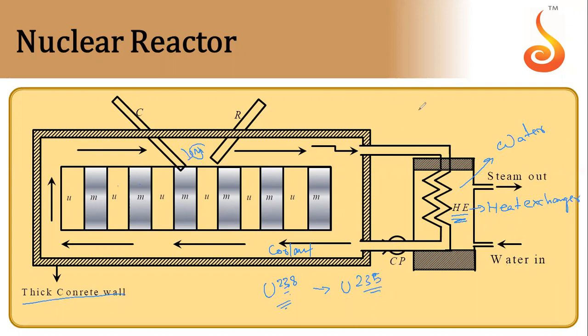Now, because of this steam which comes out, it is at very high pressure. So when this steam falls on a turbine, let's say this is a turbine, it will rotate the turbine like this. And here we will put some electrical device which will create electrical energy. Next, we are also putting control rods, which have the property of absorbing neutrons. So this is your working of nuclear reactor.